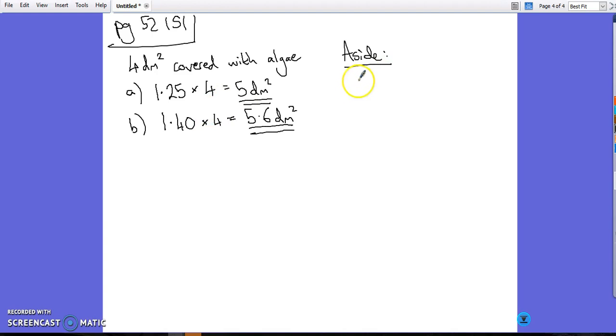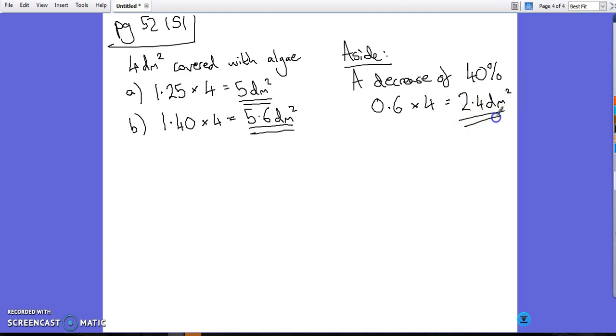If we had a decrease of, let's use 40% again, that would be equivalent to doing 0.6 multiplied by 4. So a decrease of 40% would be 2.4